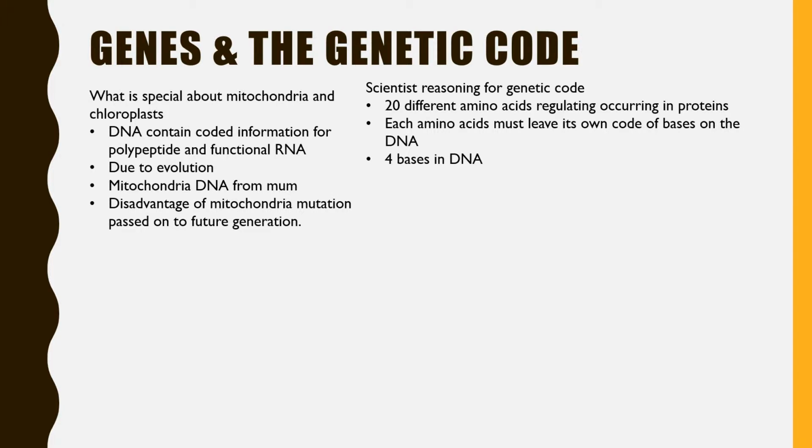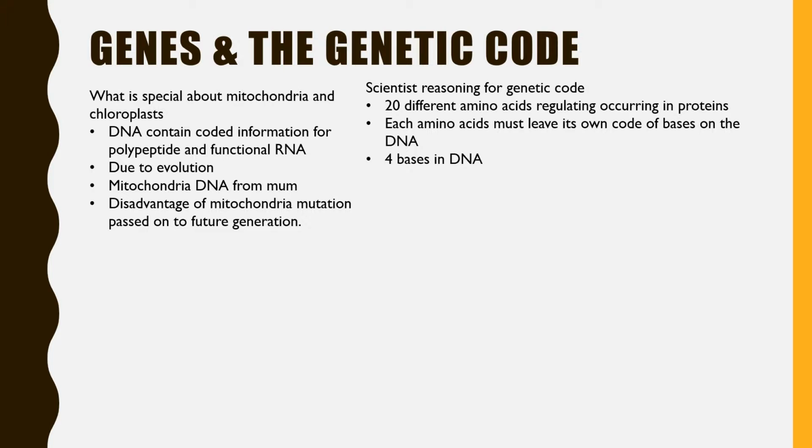Scientific reasoning for the genetic code. There are 20 different amino acids, and each amino acid must have its own code of DNA. As there are 4 bases in DNA and 20 have to be coded for, 4 to the power of 1 would only code for 4. If it was 4 to the power of 2, then only 16 would be coded for. 4 to the power of 3 codes for 64 different combinations. However, only 20 of those are needed for the 20 amino acids,